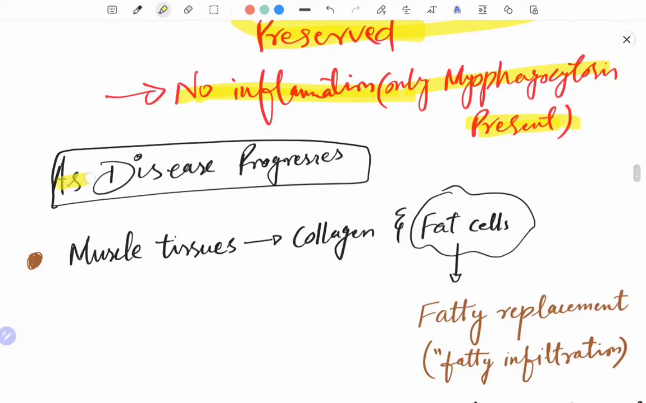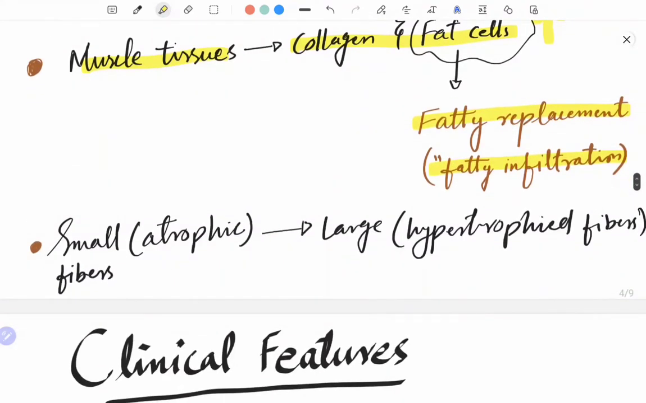And as the disease progresses, what happens? In the muscle tissues, collagen and fat increase, and this increase in the fat and collagen may lead to fatty replacement or fatty infiltration. You have to remember this point, okay. And small changes, gross changes move toward the small atrophic